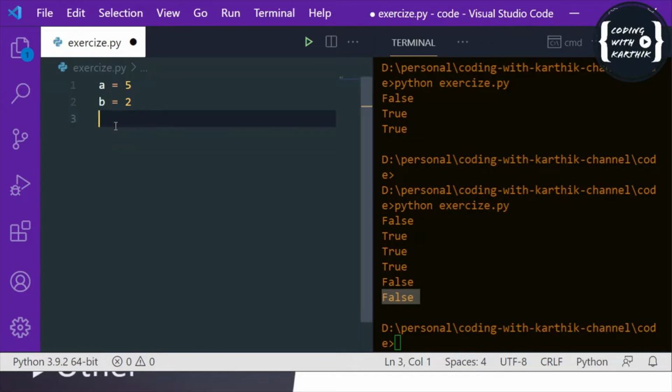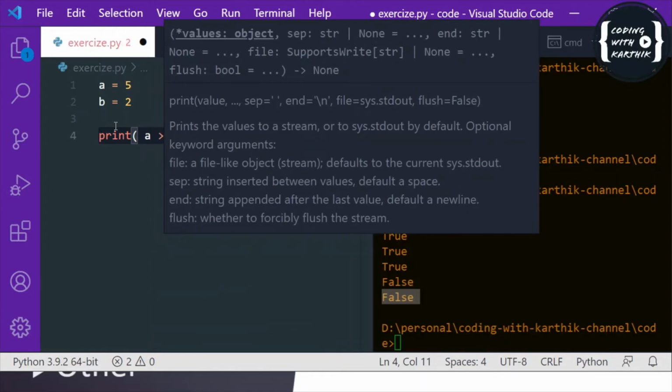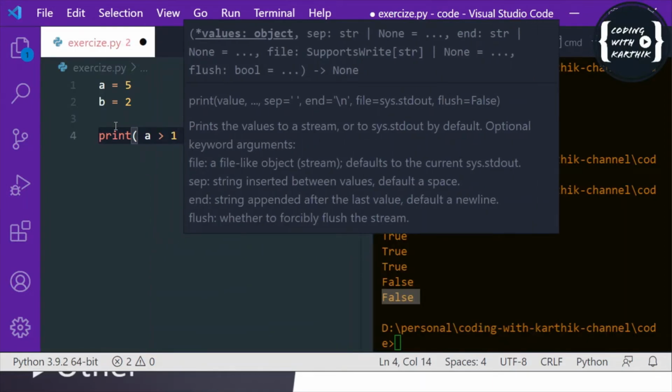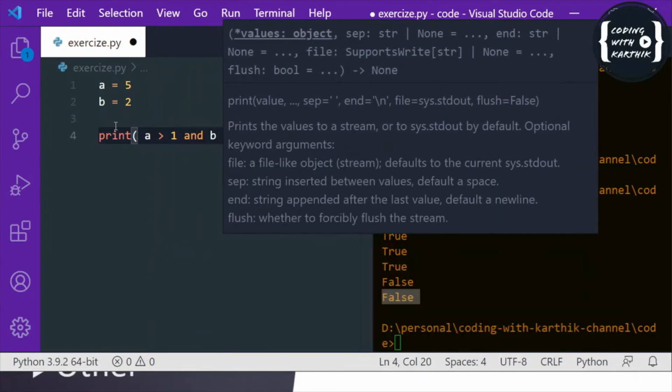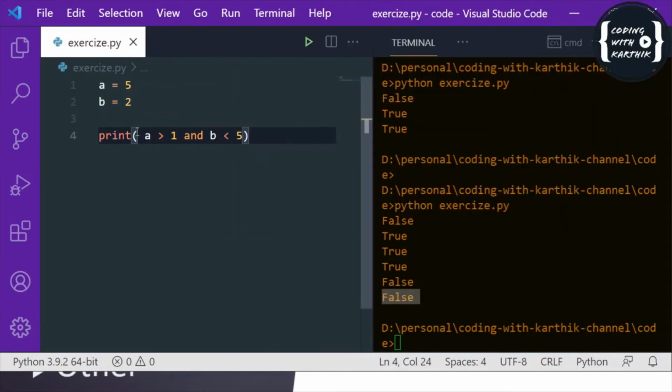So here we have three types of operators in logical operators. So first one is and. So and is used to, let me just write the condition. a greater than 1 and b less than 5. So here if you see, a greater than 1, this is true, right? And b less than 5, b is 2, 2 less than 5, this is also true.